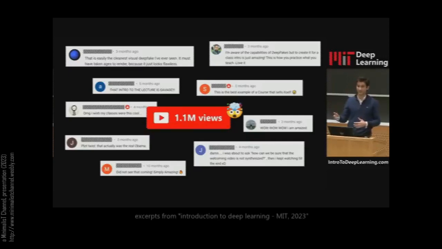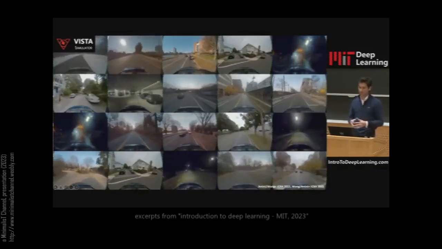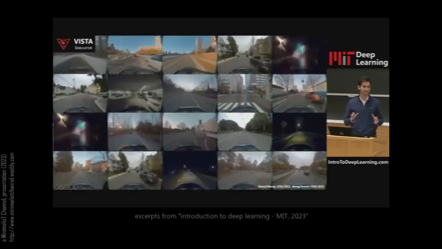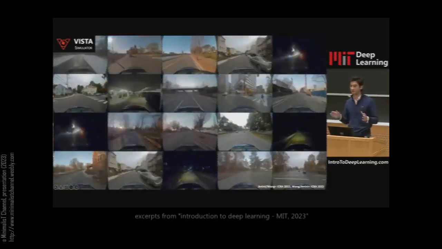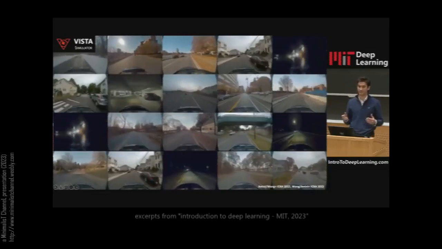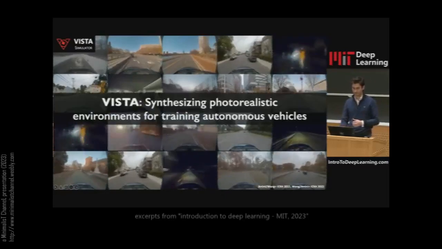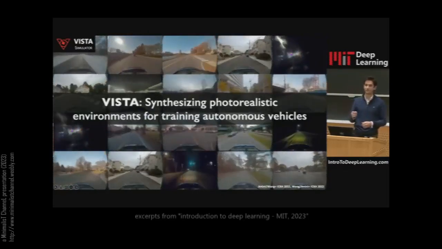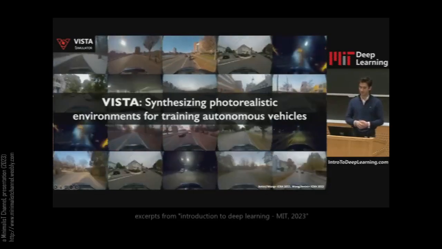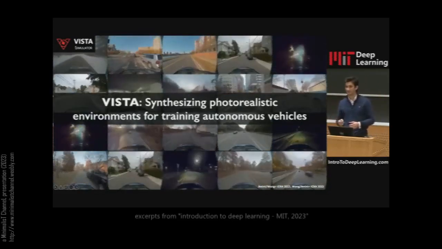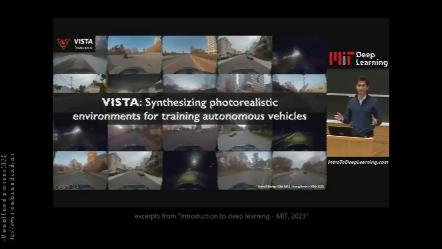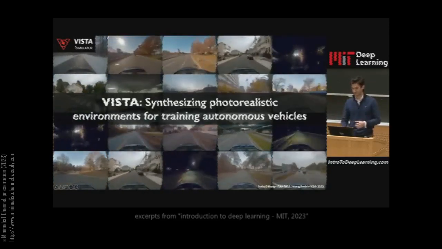Now, fast forward to today and the state of deep learning, we have seen deep learning accelerating at a rate faster than we've ever seen before. In fact, we can use deep learning now to generate not just images of faces, but full synthetic environments where we can train autonomous vehicles entirely in simulation and deploy them on full-scale vehicles in the real world seamlessly. The videos you see here are from a data-driven simulator from neural networks called Vista that we built here at MIT and have open sourced to the public, so all of you can train and build the future of autonomy and self-driving cars.